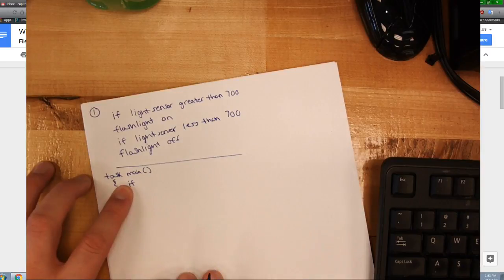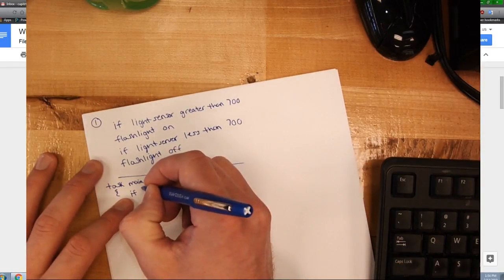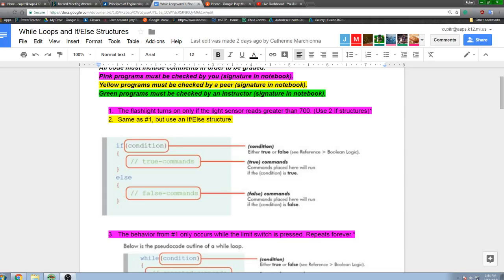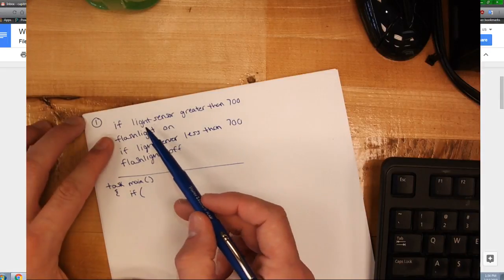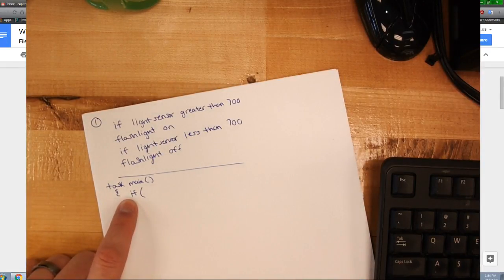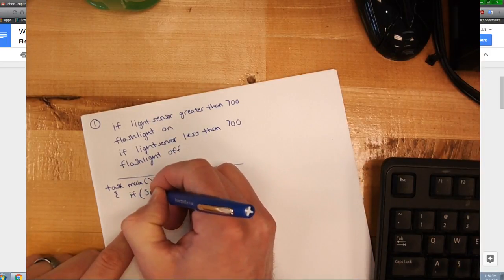You're going to have an if statement, right? Then inside of that, as you go back to the document, it tells you there's going to be a condition, either a true or false condition. So what that means is in this case, our true or false condition is if the light sensor is greater than. So the activation code to get into a sensor, you say if, and you say capitalization sensor value,